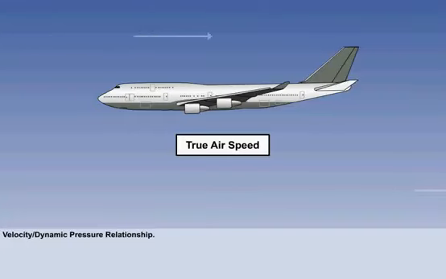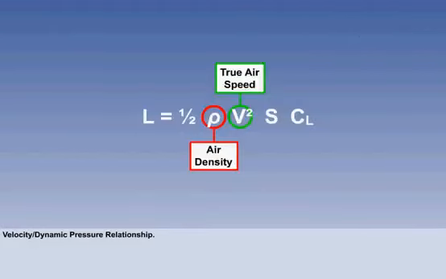It is important to understand the relationship between the velocity used in the aerodynamic force equations and dynamic pressure. The velocity being the speed of the aircraft relative to the air through which it is moving, the true airspeed, or TAS. At a given angle of attack, a constant dynamic pressure must be maintained to maintain a constant lift force. When an aircraft is flying at an altitude where the air density is other than sea level density, the